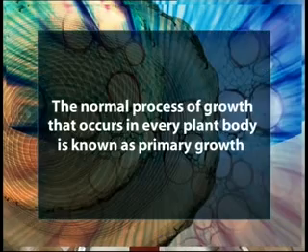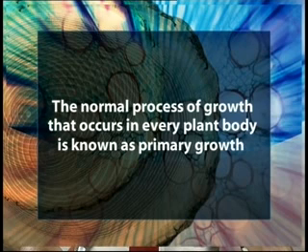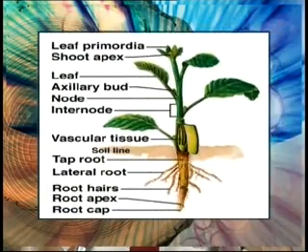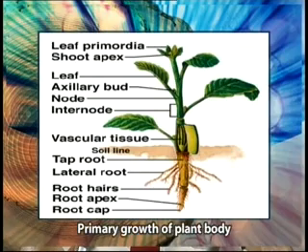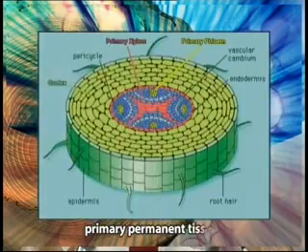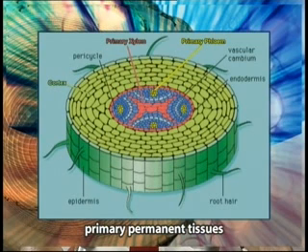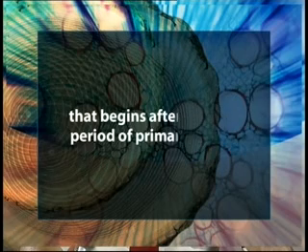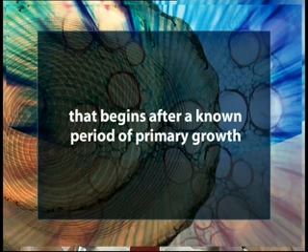The normal process of growth that occurs in every plant body is known as primary growth. It is the result of activity of primary meristem. The process of primary growth results in the formation of primary permanent tissues such as primary xylem, primary phloem and primary cortex. However, in dicot plants, there is a process of growth that begins after a known period of primary